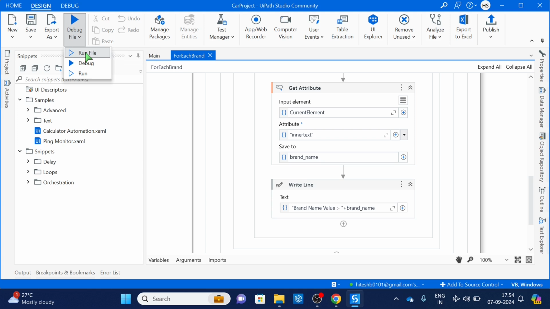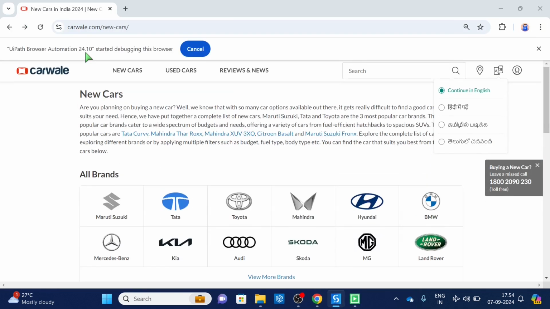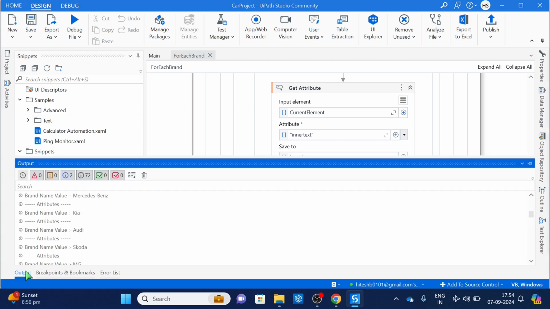Run. Let's see what output we have got. So you can see the brand name is coming for each car. Alright. Now along with the brand name, what we also need, because in the next page when we go,